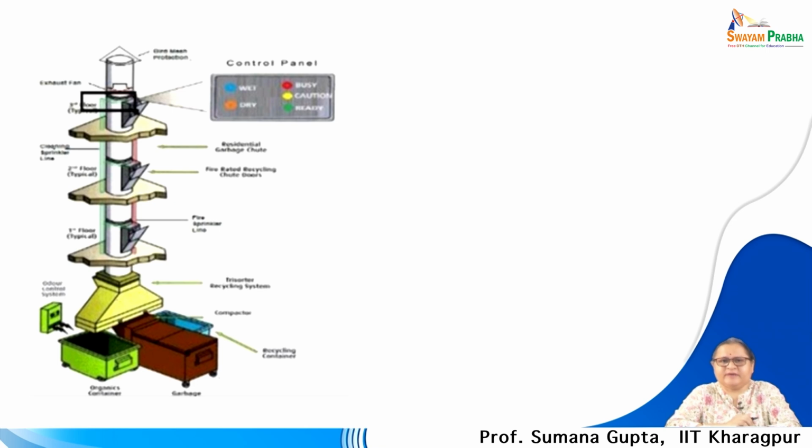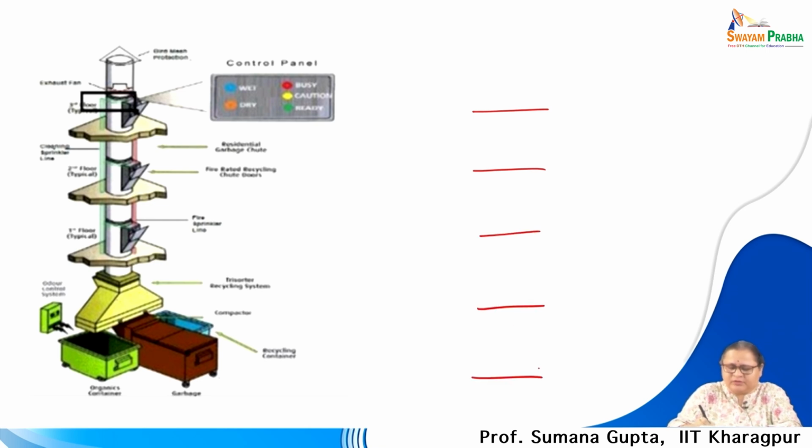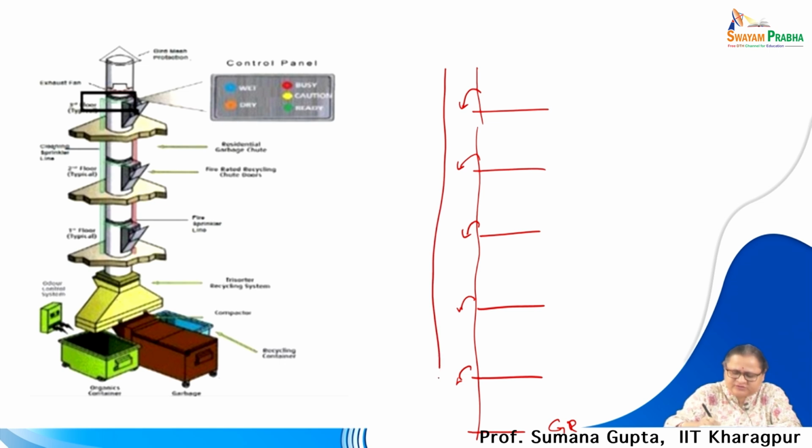Usually for high rise buildings, you have a garbage chute on each of the floors. It can be in a hospital, in a hotel, or in a residence, where the waste is passed from various floors and reaches the ground floor. It is a tunnel kind of thing, a chute,